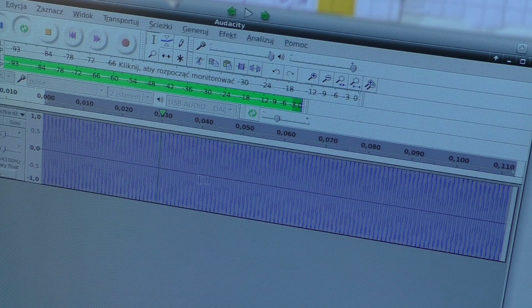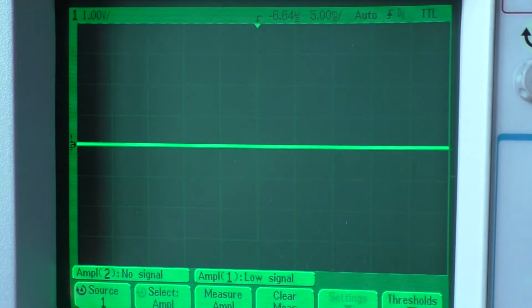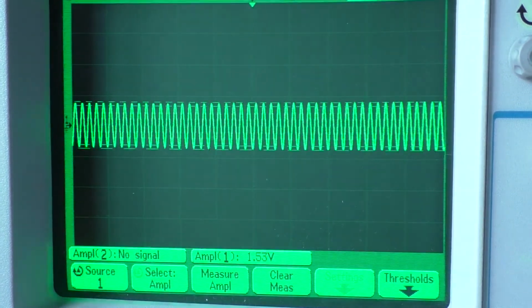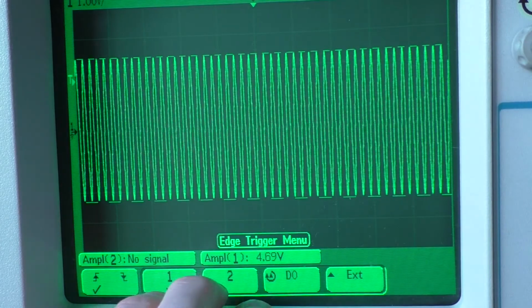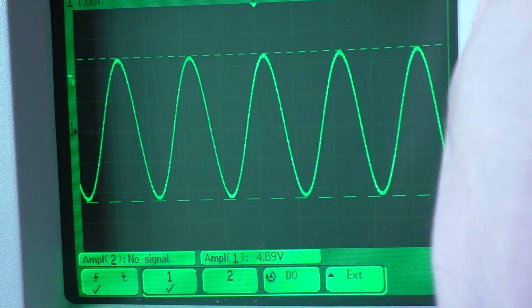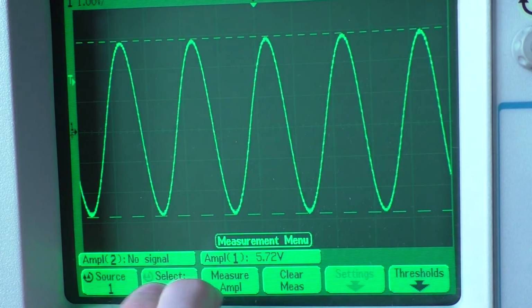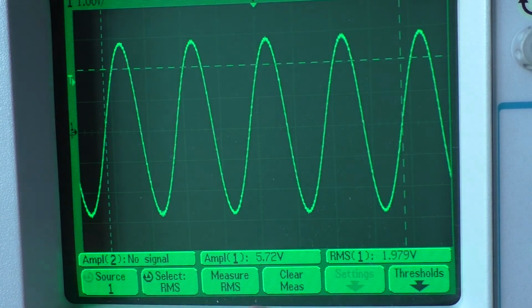I've got Audacity open here, and I have generated a 1 kHz square wave with an amplitude of 1. If I play this, take a look at the scope. When I start increasing the volume, you can see the sine wave starts to appear. Let's lock the trigger on this, and I can go higher and higher, and I need to measure the RMS voltage, and we're getting